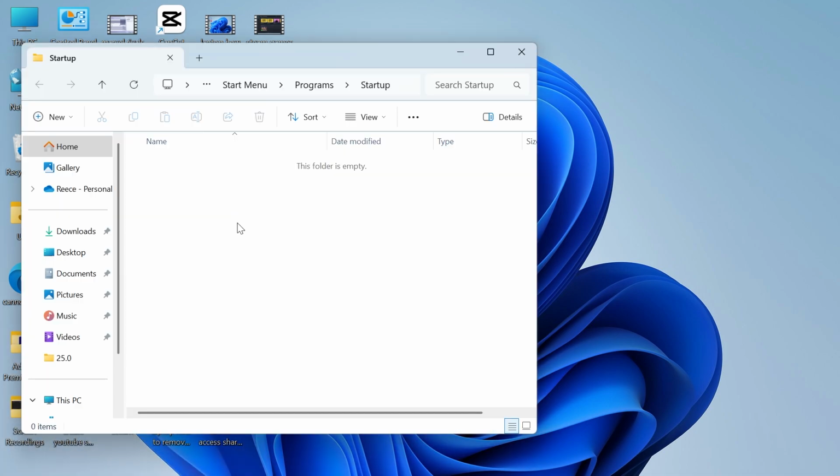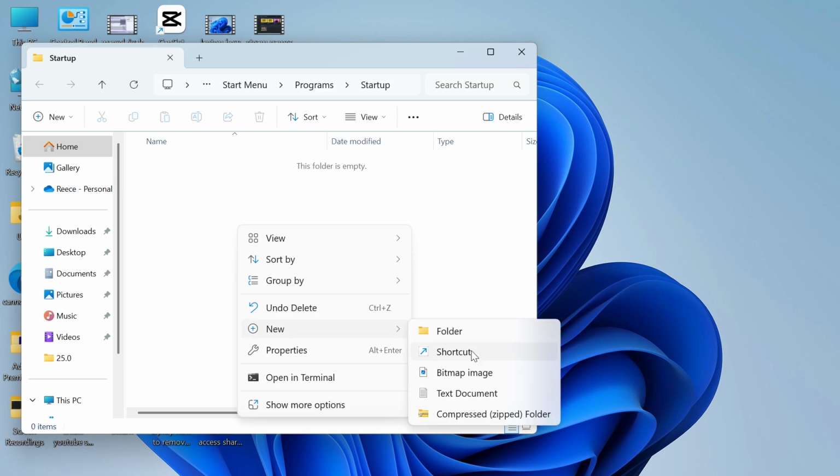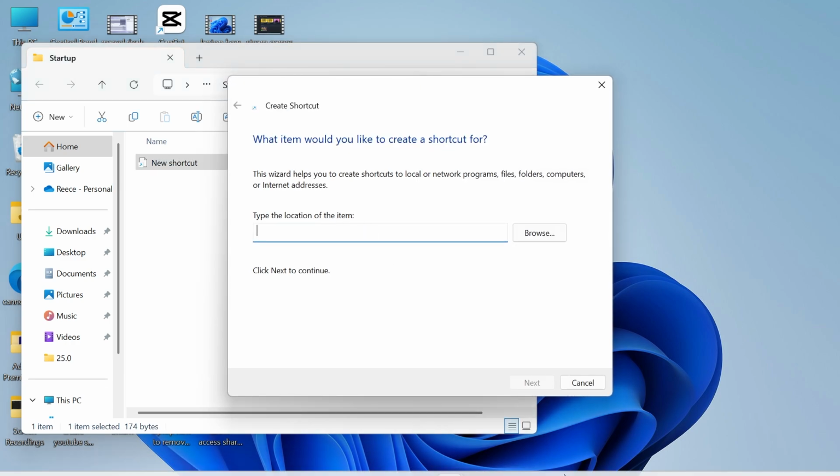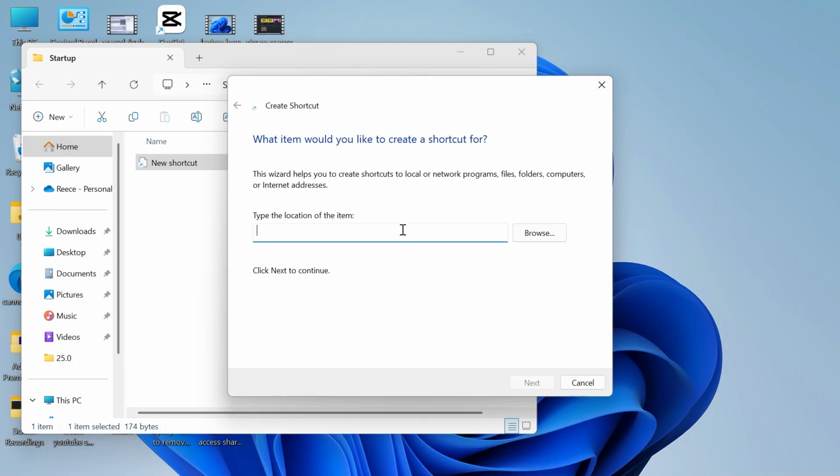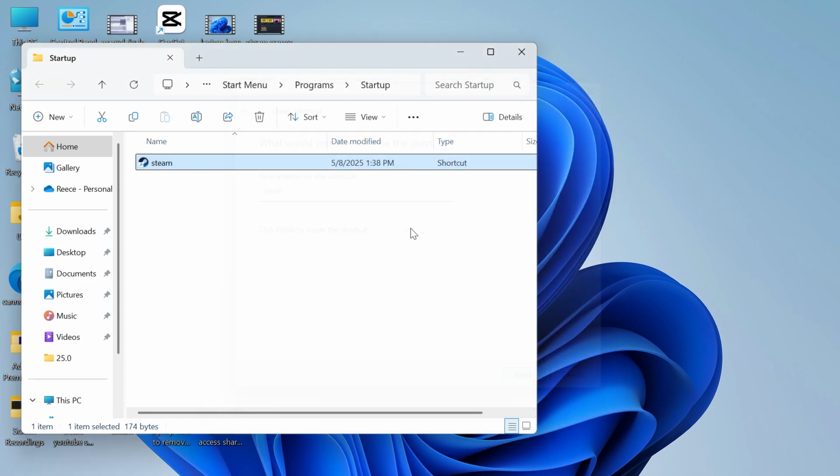Now right click somewhere in this folder, click on New, click on Shortcut, and now just go and paste all of that text that we just copied, which is this one here, and you'll need to go and paste it inside of this field. Now click on Next, click on Finish, and now this program's automatically been added to your